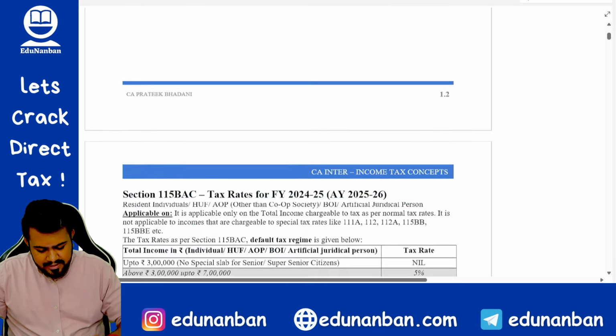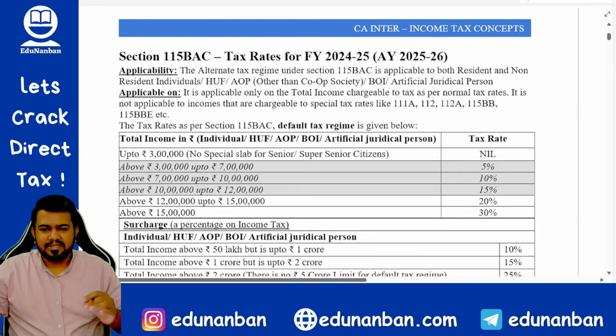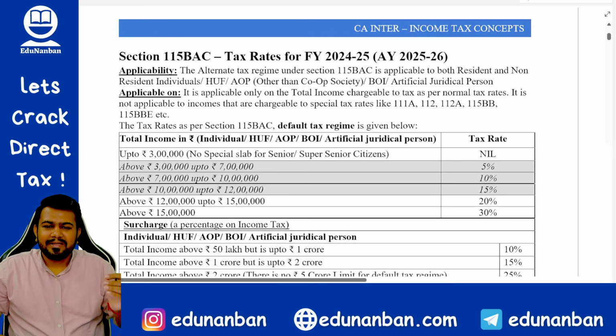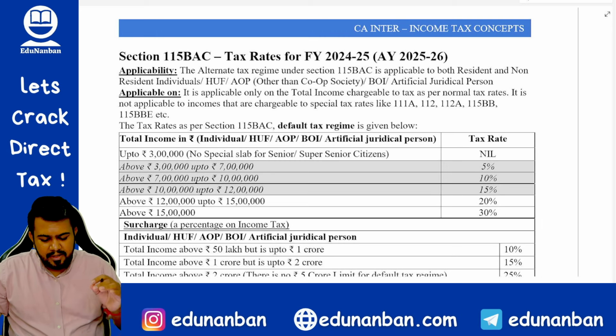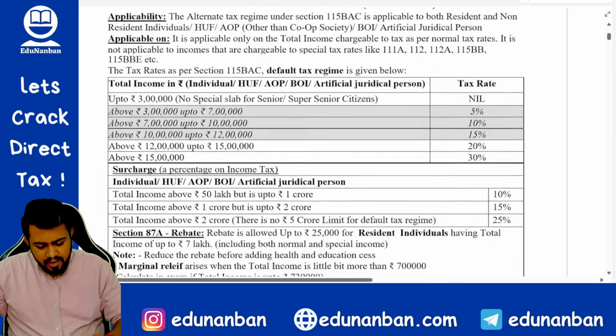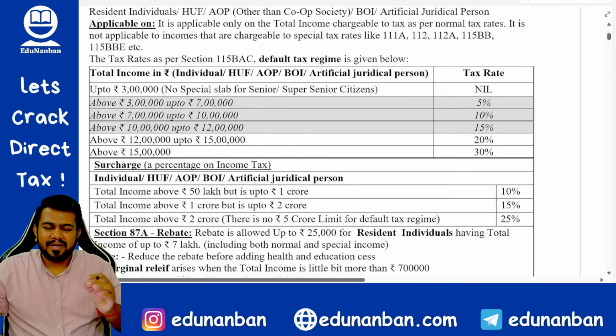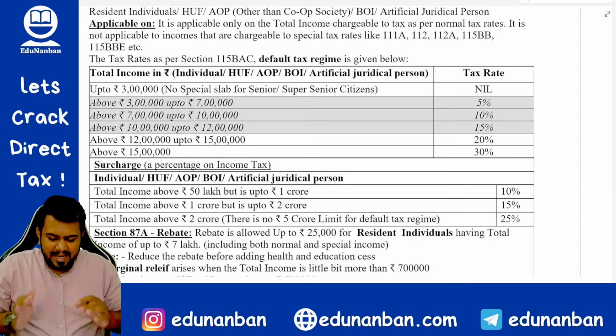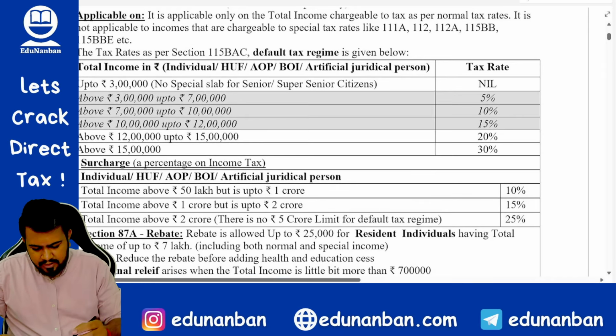Now let's come to the new tax regime, that is section 115 BAC, which is now also called the optional tax regime. So in the new tax regime, now there is a change in the slab rates. Sir, so what are the new slab rates? Let us see. So the new slab rates are